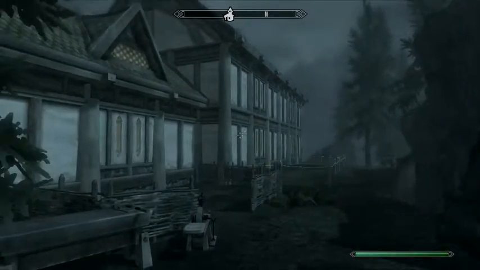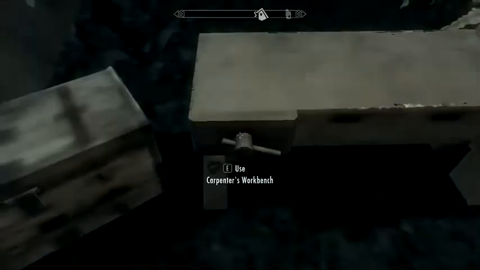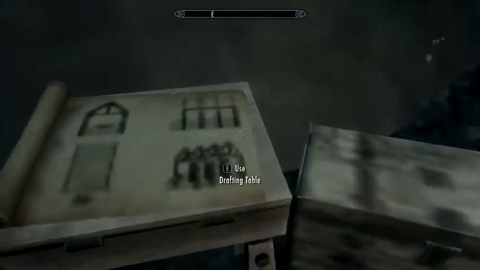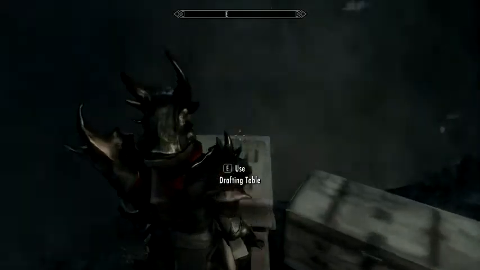Basically, just go to the place, buy as much as you can afford, and maybe get some iron. Basically get pretty much everything that you can get to build the house. Then you come back here and use a thing called the drafting table. If you go in here,